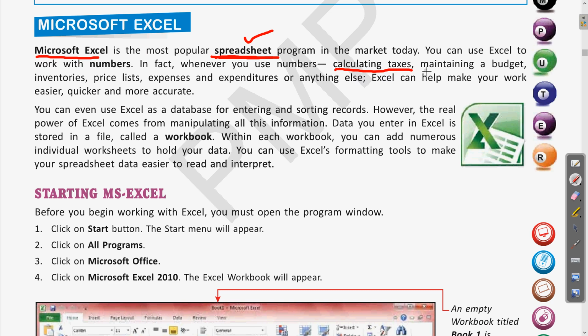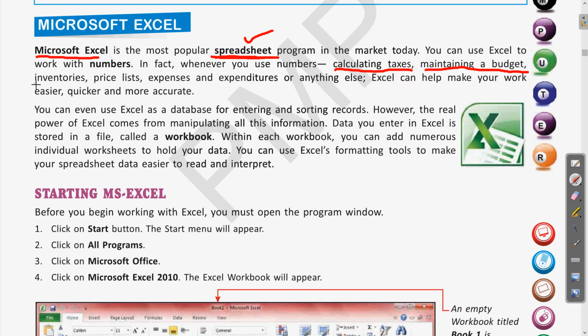Then maintaining a budget, if you want to keep track of the budget and the expenditure of personal needs, or if there is any economic firm, any company, that can also be done using these spreadsheet programs.